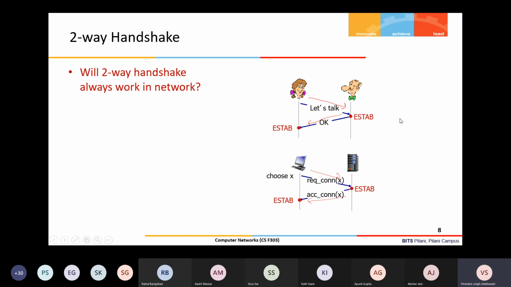What can happen? Suppose I send this, and let us say the other side has received this packet, whatever information I have sent. Now the reply can be dropped, because my underlying channel is not reliable. If this reply is dropped, then what will happen? The sender will not come to know whether the remote side has received my request or not.